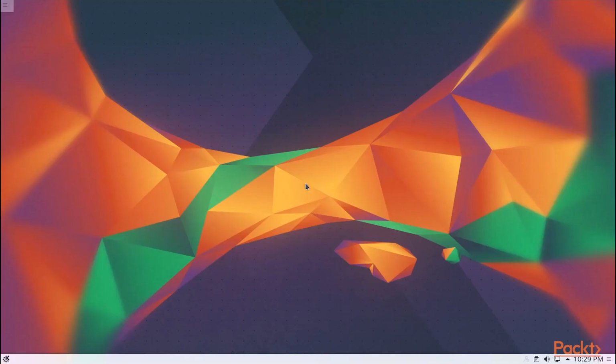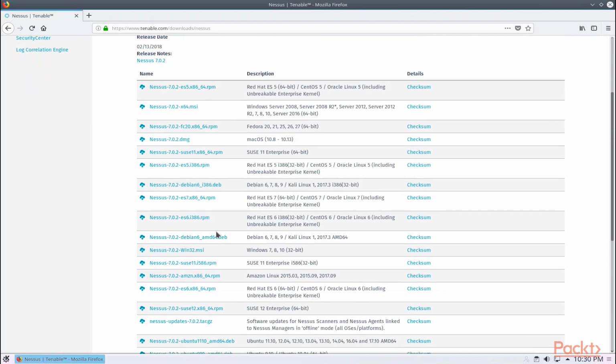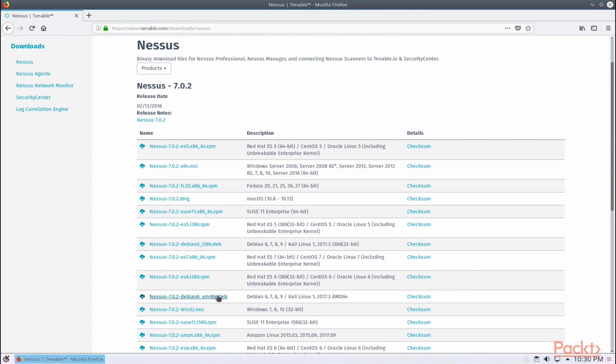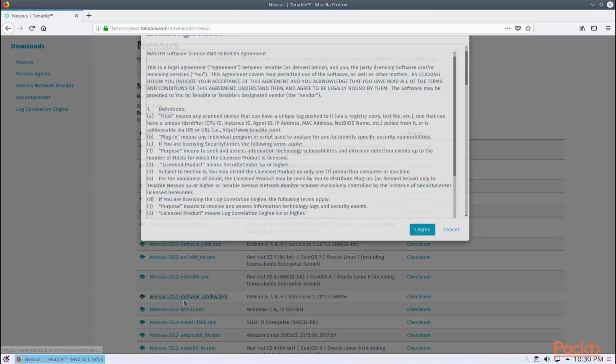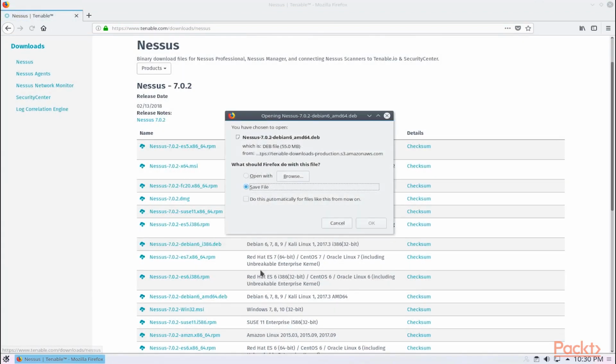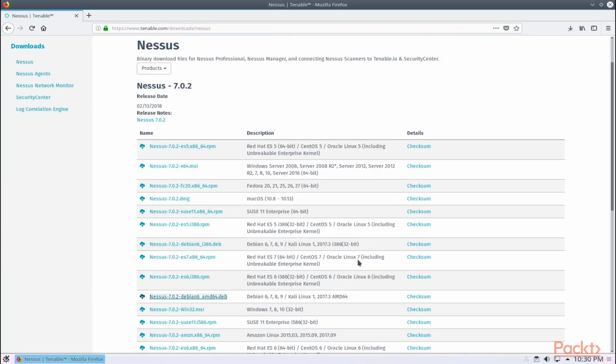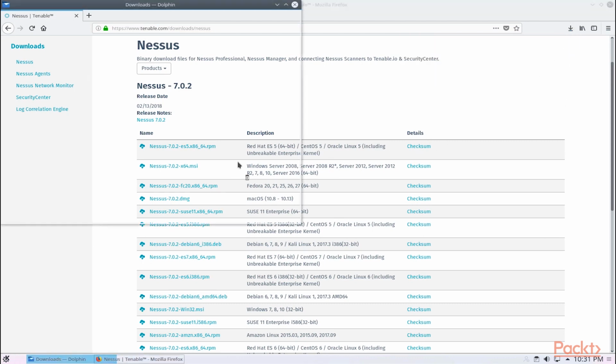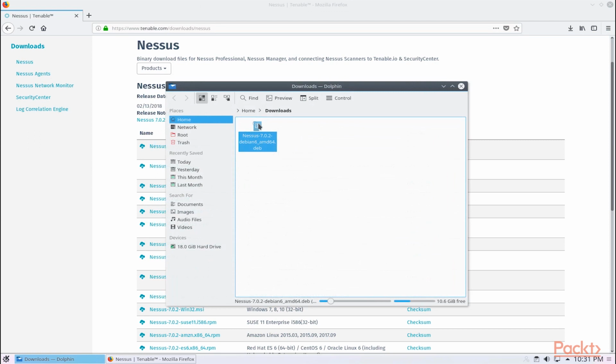And I'm going to switch over to my Linux system. I happen to be running Kubuntu here, which is an Ubuntu flavor. We're going to go to the deb file. Since Ubuntu is Debian based, I'm actually going to download this deb file here. It's a 64-bit system, and we'll save that to our downloads. It's actually not that large of a package. Go ahead and open up our download folder, and then just double click on that, and it will run the